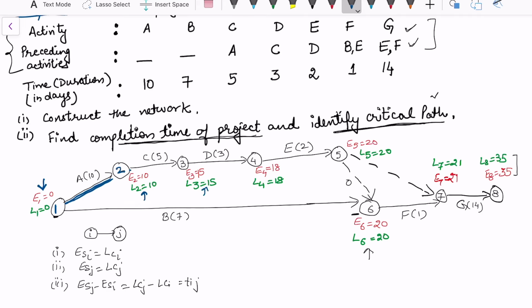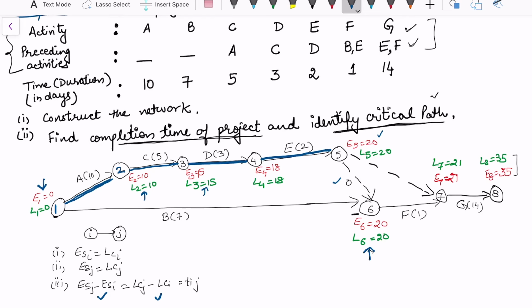15, 15, and the difference is also satisfying for both the cases, earliest also and for latest also. Move forward again. This is a critical activity, 18, 18, 20, 20, and the difference is 2. Now, if I look at this first dummy activity, which is between 5 to 6, they both are satisfied, 20, 20, and the difference between the time duration is also fine